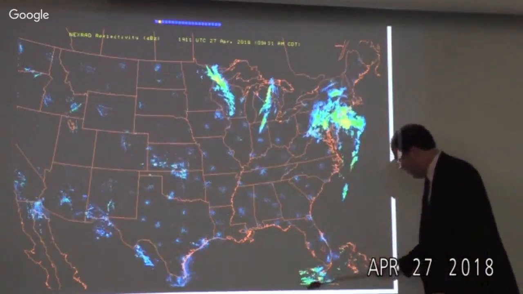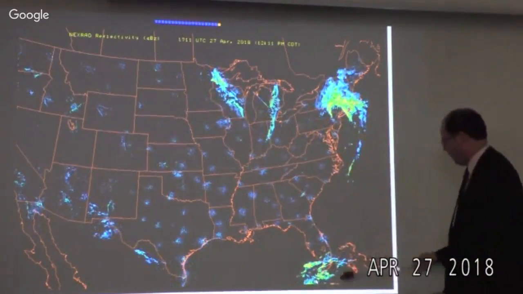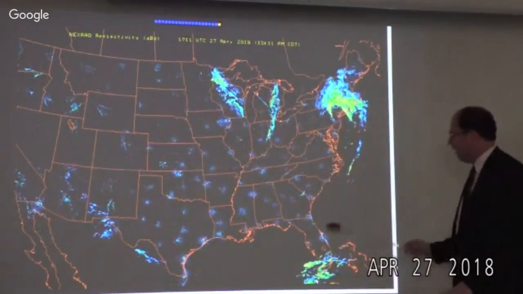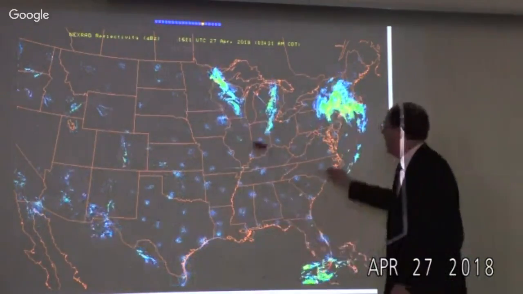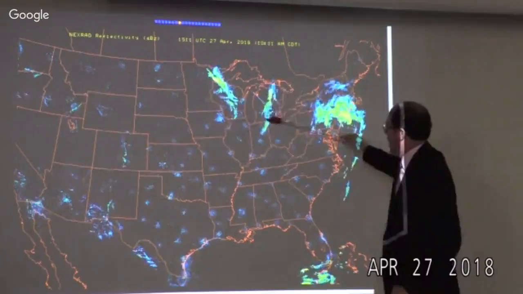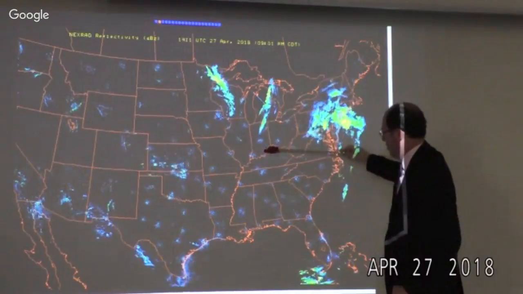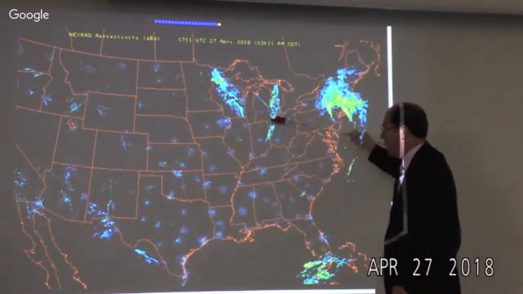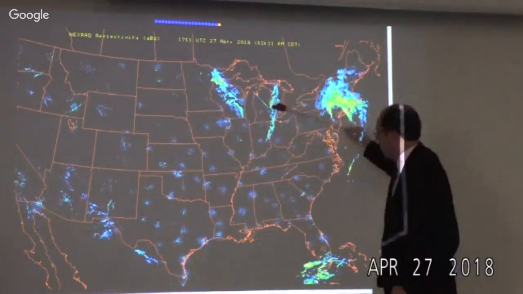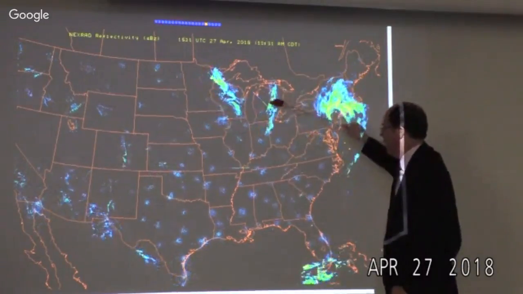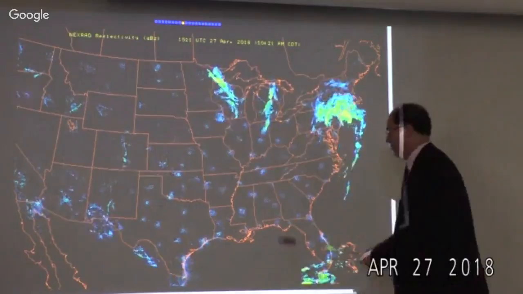Then there's a little bit of convective activity over the Keys and far southwestern Florida that's interesting. Almost nothing else over the Gulf. A little bit of a rain band across Michigan into western Ohio and central Indiana. It's possible that it's raining on the southern end of here and maybe not really doing anything in the northern end in some of these locations simply because the air is so dry.